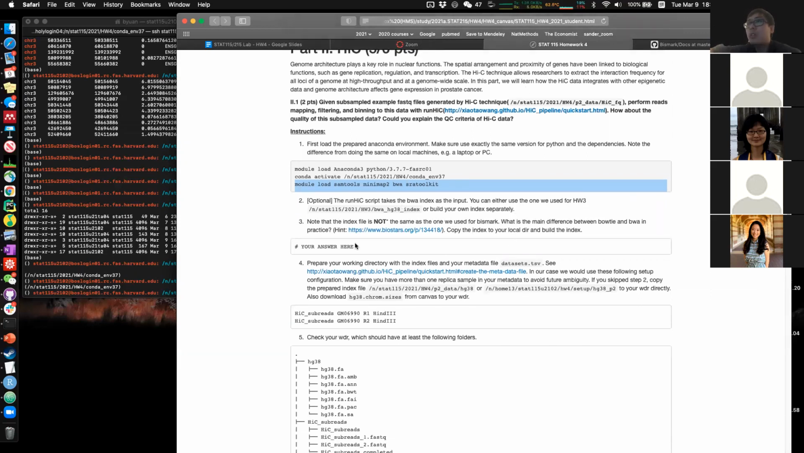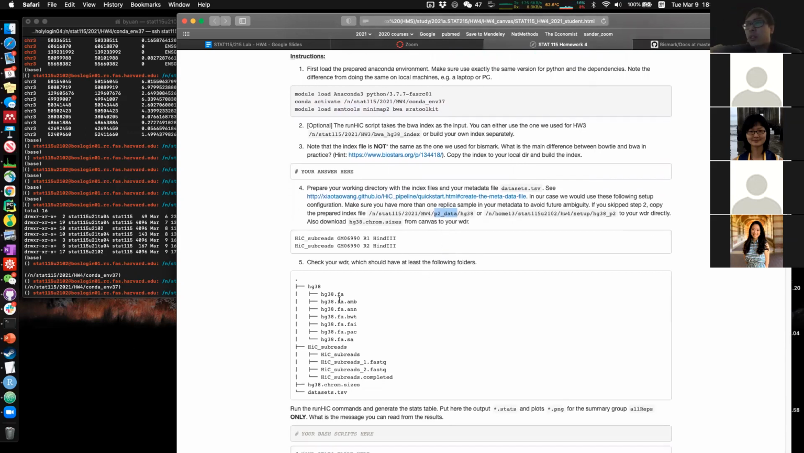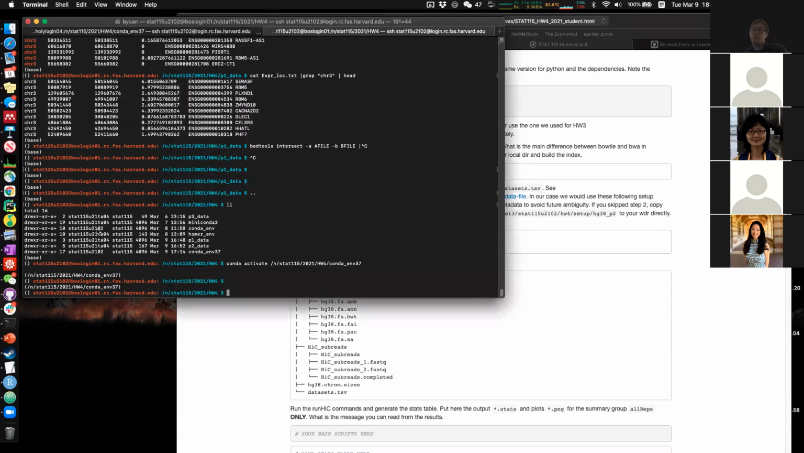Okay. After we finish all this, again, this is optional. You don't have to do this. We have already generated the index for you. You can load it directly from a similar folder as the HG38, but not this time under the P2 data. Okay. So this folder will look something like this. So if we go to that folder,